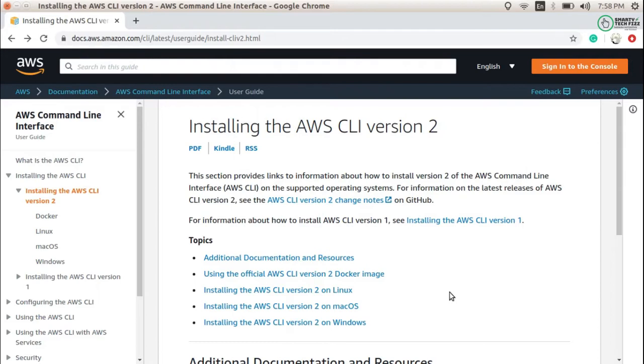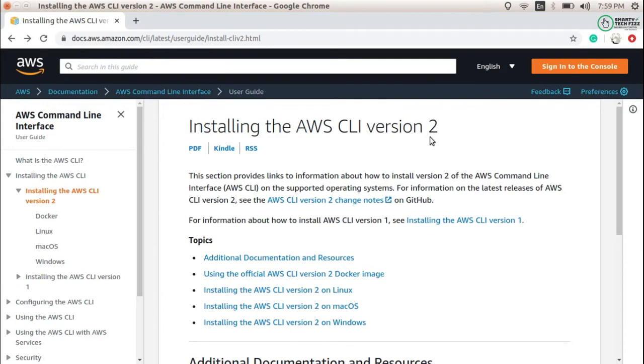In the previous video of mine, I shared an experience that some commands I was not able to run on my AWS CLI version 1. You can see in the previous video, that was the update time to live command, enabling time to live in DynamoDB. When we wanted to update the time to live column, it was not working well, and it was saying invalid choice. So in that case I need to update my AWS CLI version 1 to 2.